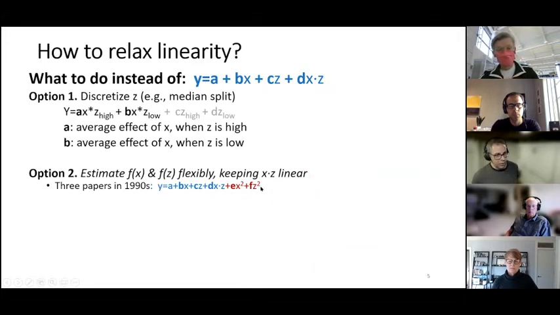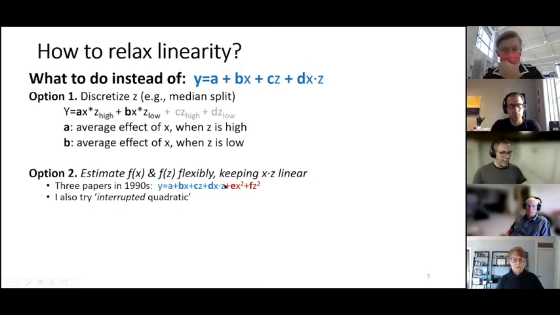And they proposed just adding quadratic terms to account for any known nonlinearities. I'll be looking at that too. And this turns out to be insufficient in some cases. So I try a stronger version of this where I immediately split the X. I do like a median split on X and a median split on Z. And I allowed the functional form to change below and above the median. It's like a very rudimentary spline, or a very rudimentary